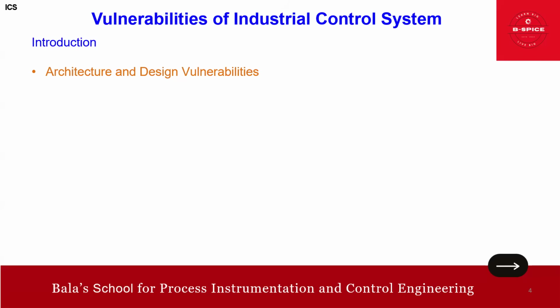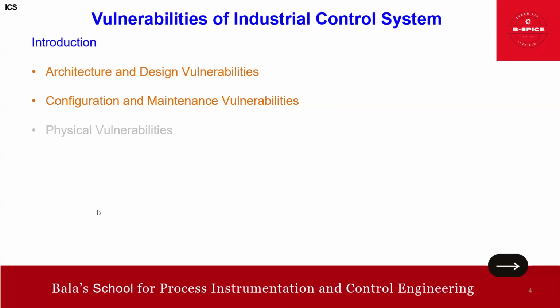Then the second is about configuration. Friends, I am only touching on the surface level. In the next slide I will go into detail. So the second is configuration and maintenance vulnerabilities. Here incorrect or inadequate system configuration, and of course poor maintenance practices, can create opportunities for attackers to compromise the system security. That's about the configuration.